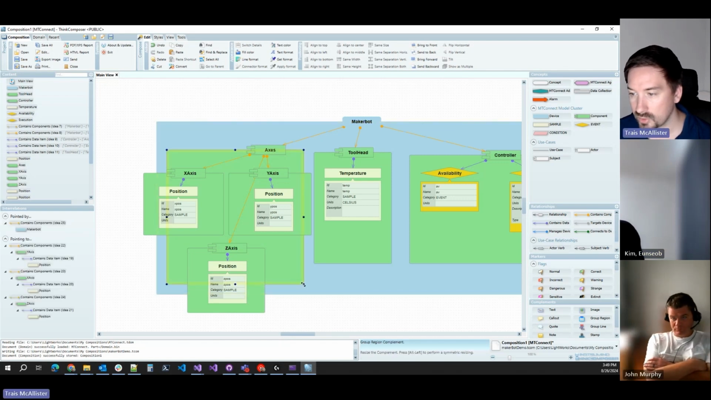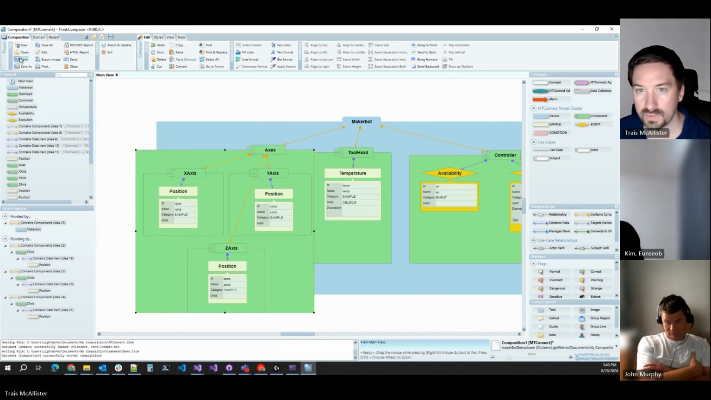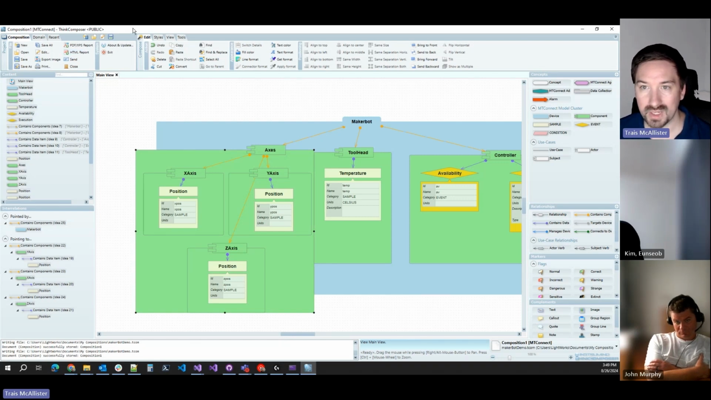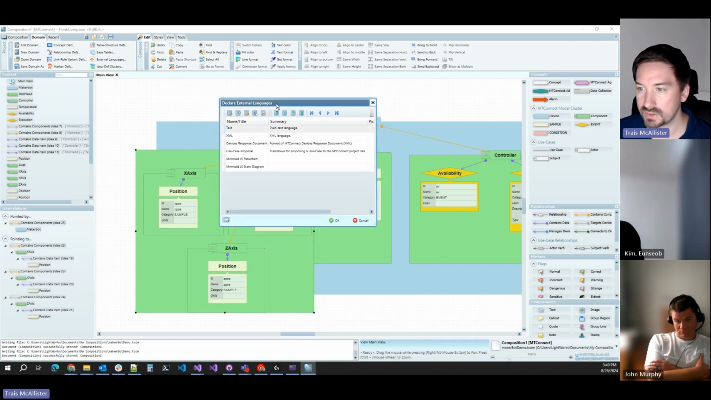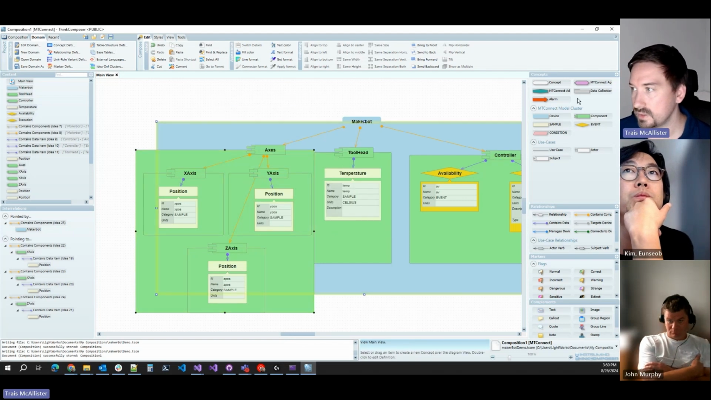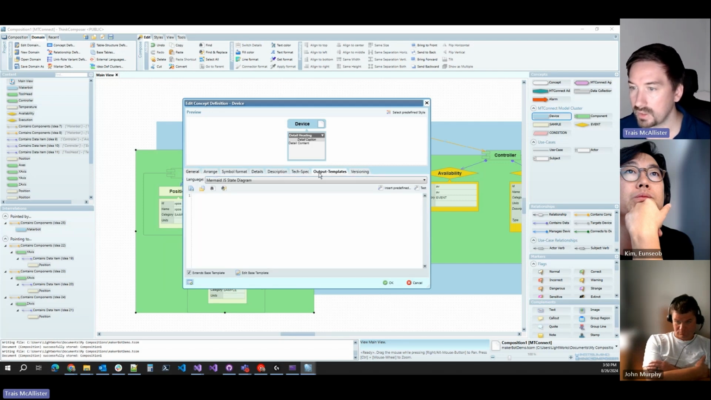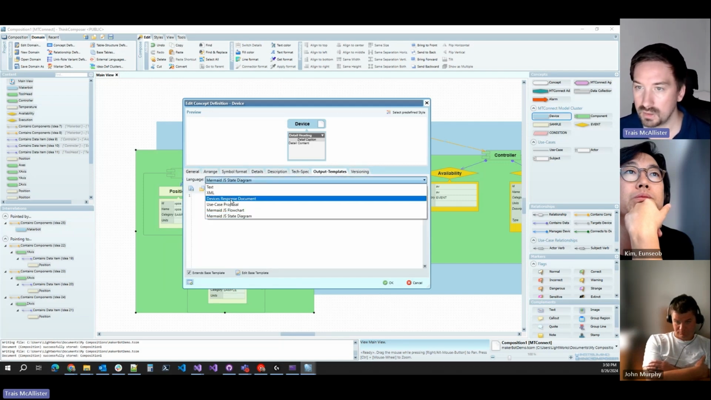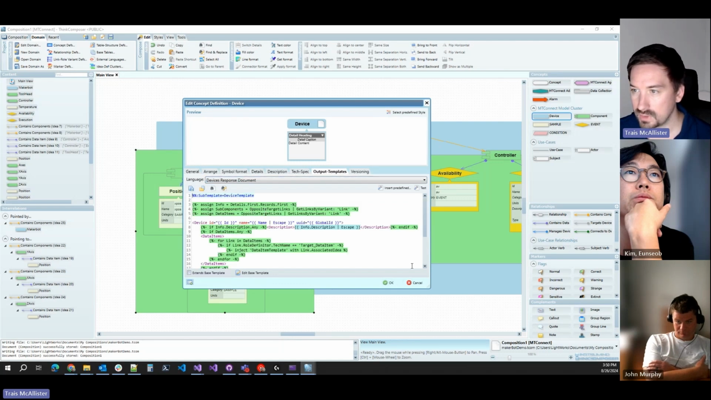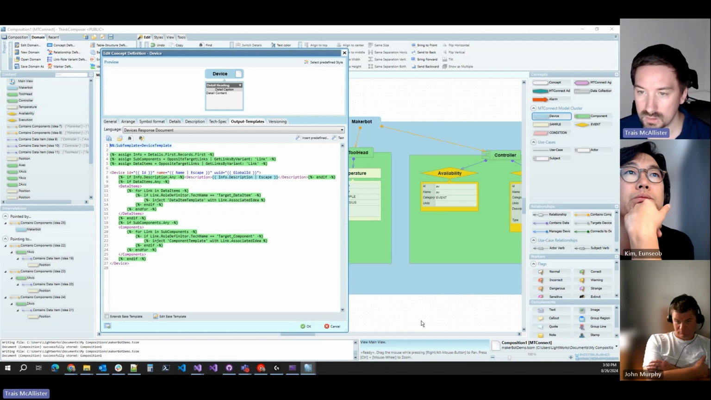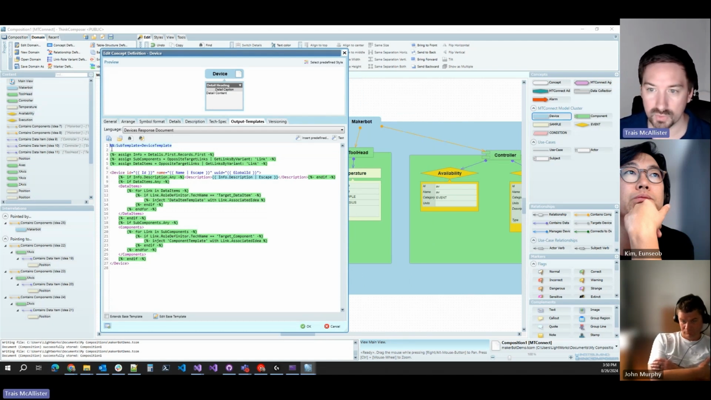ThinkComposer is a little bit unique in comparison to other systems that I've seen, in that it allows me to define custom languages, is what they call it. So there's external languages. What I've done here is I have several custom languages. One of them is device response document. So what this allows me to do is look at the concept that I defined here for device, look at output templates, and select the language that I defined. And in a similar fashion to the transpiler, there is a template engine that allows me to render the